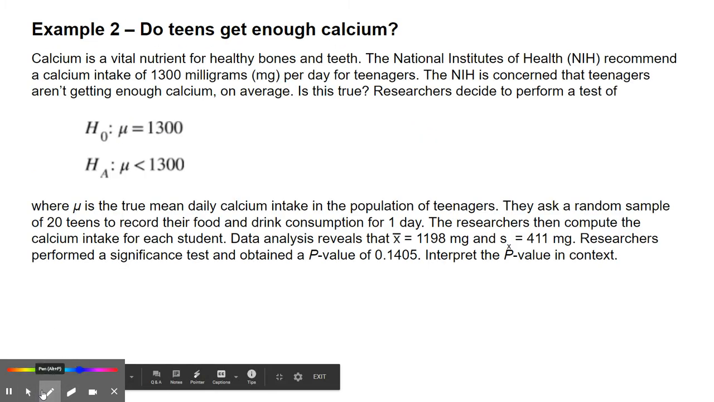All right, so example 2, do teens get enough calcium? Calcium is a vital nutrient for healthy bones and teeth. The National Institutes of Health recommend a calcium intake of 1,300 milligrams per day for teenagers. The NIH is concerned that teenagers aren't getting enough calcium on average. Is this true? Researchers decided to perform a test of